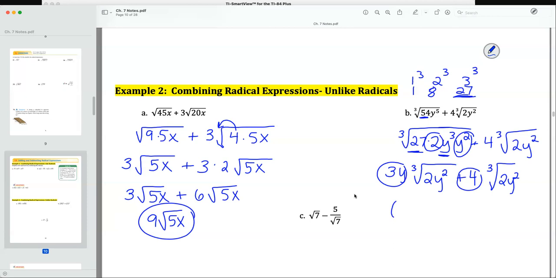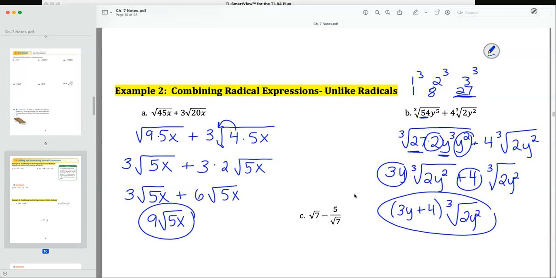So we have to write this as 3y plus 4 all times the cube root of 2y squared. We wouldn't just be able to write it as 3y plus 4 and then times cube root of 2y squared, because then it would look like it's only the 4 times the cube root of 2y squared, and it's the quantity, both of them. So it's almost like factoring out the cube root of 2y squared, and you would write